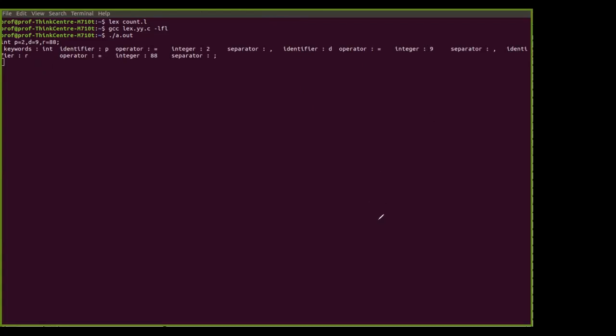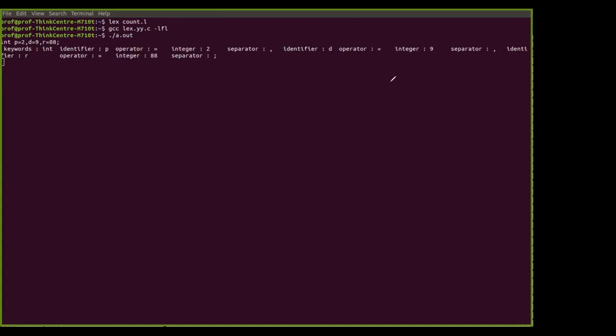Int p equal to 2, comma, d equal to 9 and r equal to 88, and semicolon. After giving this input, you can see here what kind of output we can get.